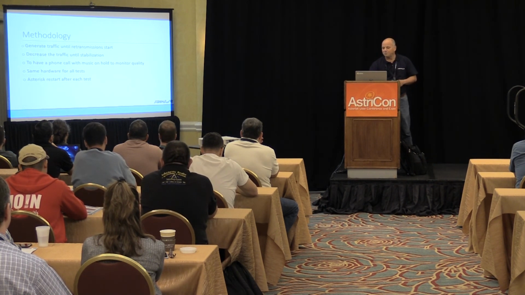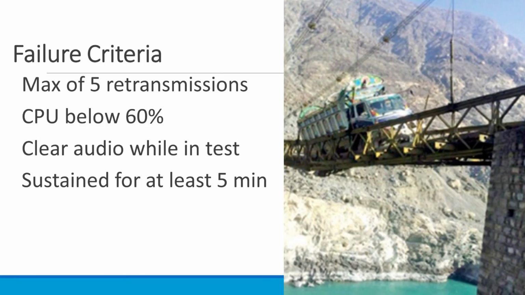This led to a lot of time testing. Failure criteria. I had a professor on fatigue at university, and we used to do stress testing on steel. There was something that he always mentioned: we need to have a good failure criteria. A bridge does not fail when it collapses. A bridge fails if it deflects more than 5%. No one wants to cross a bridge that deflects more than 5%.